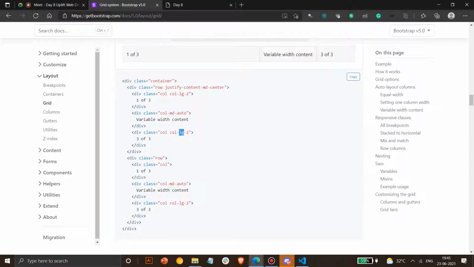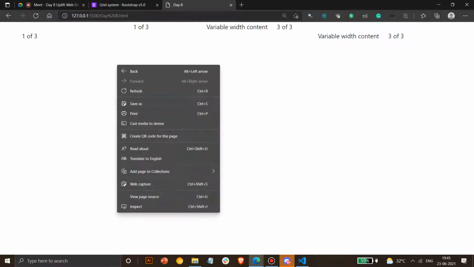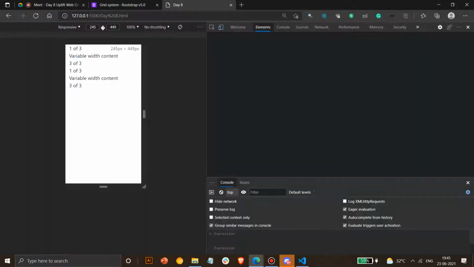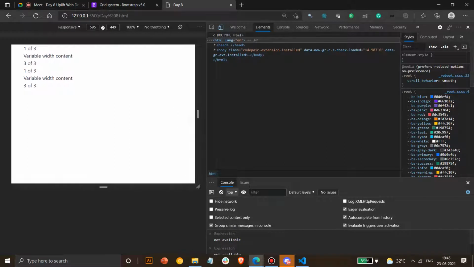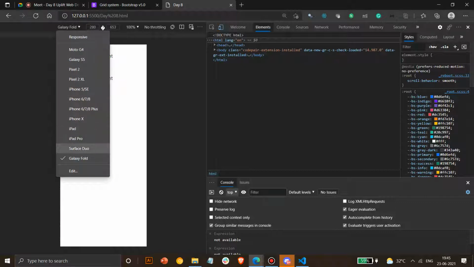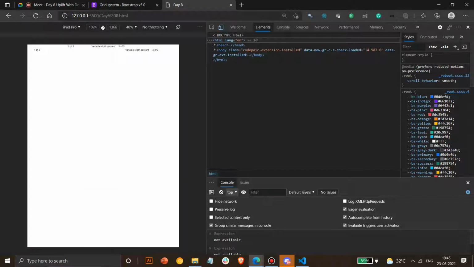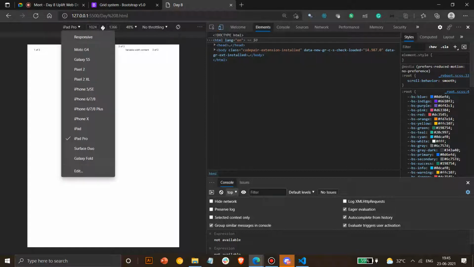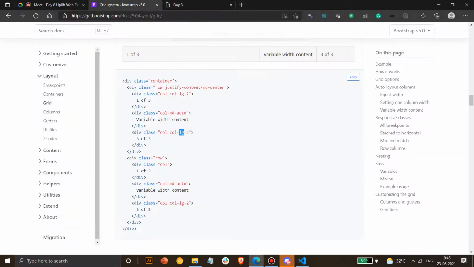Col-md, col-lg for this. Even if you reduce it to some medium sized element, you can see rows, and I think it will work for tablets. So let's take some Galaxy Fold, some tablet, iPad Pro. In tablet also it works, but if you start reducing it to any other size, it won't. So do keep this in mind: if you use MD or LG, you have to specify it for smaller devices too. For smaller devices it's col, so it won't do it automatically. You have to specify what should be present and what length.